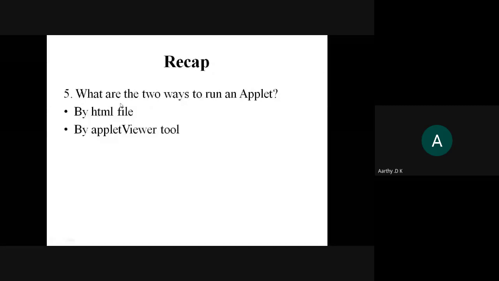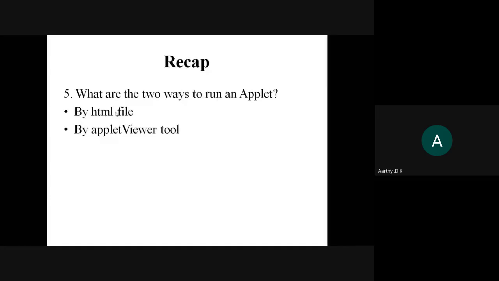So if you are using the HTML file, then you will have your Java code separately, and your applet code separate in an HTML file, and then you have to just compile your Java file, but you shouldn't execute the Java file. Then after compiling the Java file, you will get the .class file. That is included in the applet code, and your HTML will be directly opened in your browser. Once you click on the HTML file, it will open in the browser and you will be able to view the output. And the second one is by using the Applet Viewer tool. So we will have to embed the applet code inside your Java code itself. We do not have a separate HTML file.